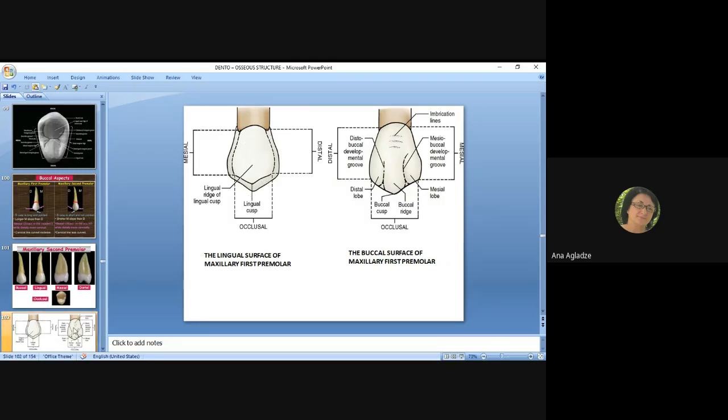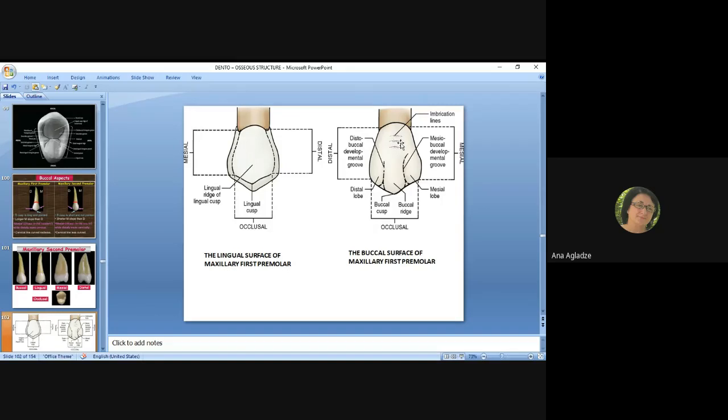This is the buccal surface, this is the lingual surface, and what features does the buccal surface have? There are a mesial lobe, a central lobe, and a distal lobe, this is the cusp, and you can also see the distobuccal developmental groove and the mesiobuccal developmental groove, and from outside